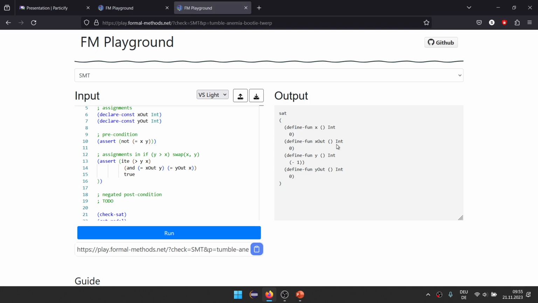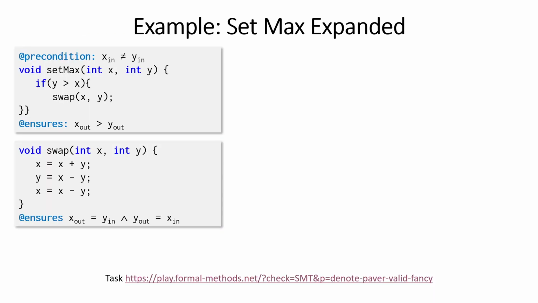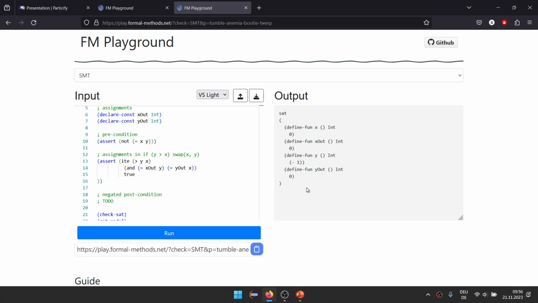It's a bit confusing that we have this x out and y out. We're actually not using them right now. So, okay. This might give us some trouble when we write the post condition, right? So let's write the post condition now to see what it would look like. The post condition needs to say that x out is greater than y out, right? So, and we know, well, we need to negate this, right? Because we want to check